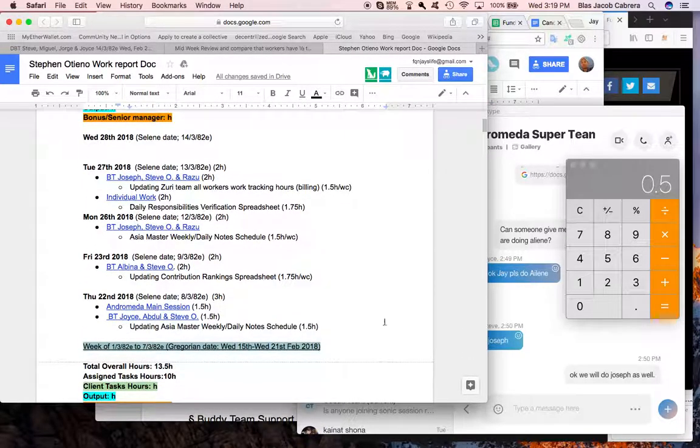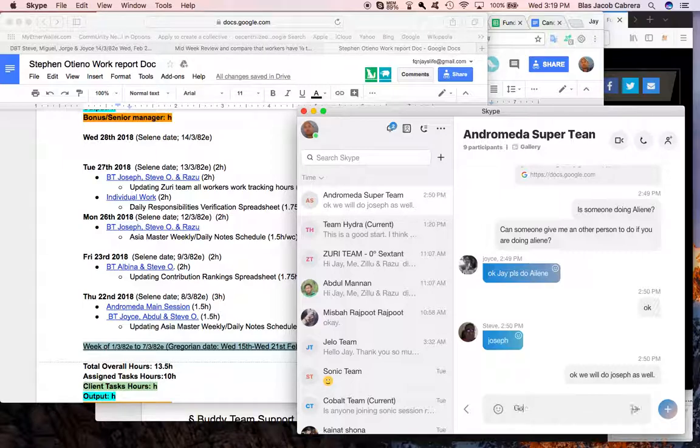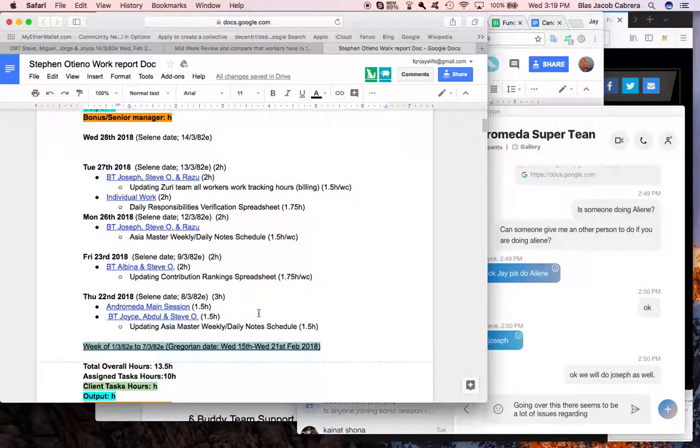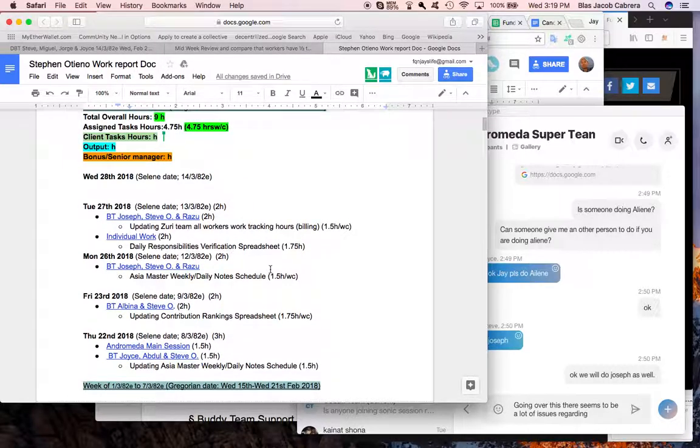Daily responsibilities verification spreadsheet, no. Updating story team, all workers work tracking hours, billing, that would be a yes? A yes on the actual, it being assigned work, which one? Updating story team, all workers work tracking hours. No, absolutely not. Well, no, that's assigned work. Yeah, it's not billable work. Okay, so that would be